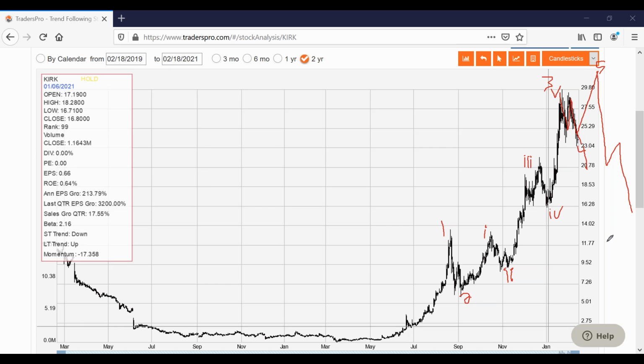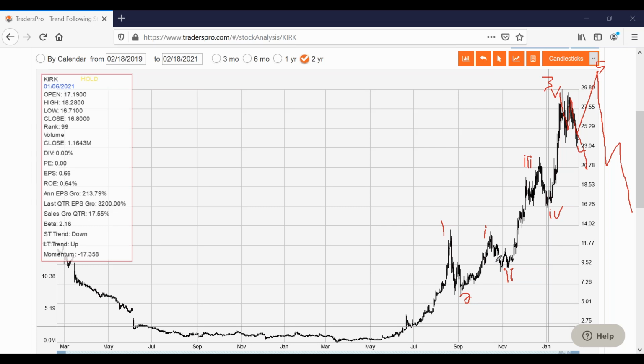The point of this is not to know exactly what the stock is going to do. I want to balance it out with everything else. But, and this gets to the key point of today, from a context standpoint, are we in the early stages of this uptrend, or are we likely in the later stages of this uptrend on the stock? It's probably more likely we're in the later stages of the uptrend.